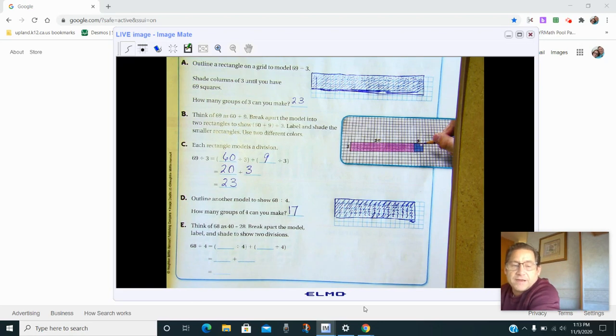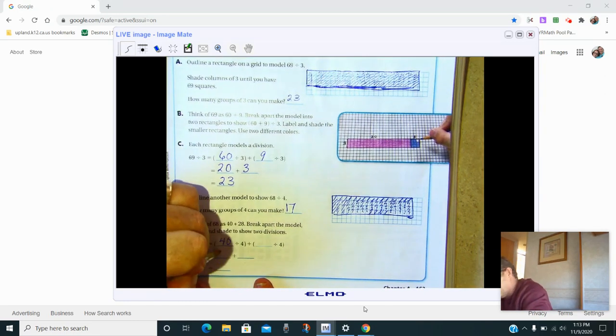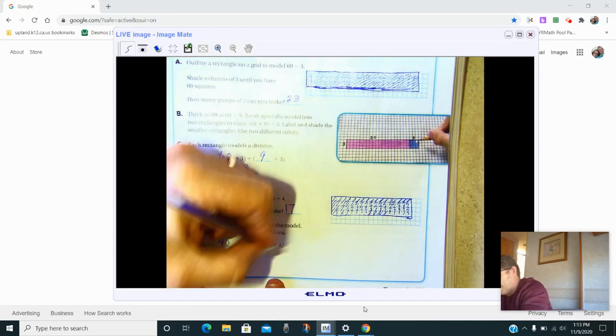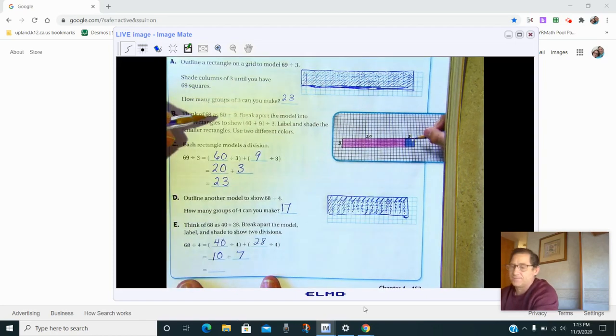Okay, we can also think of 68 as 40 plus 28. Why would we want to use 40 and 28? Because those are multiples of 4s. So if we did 40 divided by 4, that would give us 10. And if we did 28 divided by 4, we would get 7. So we could go